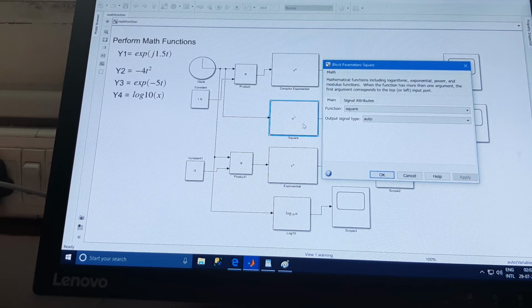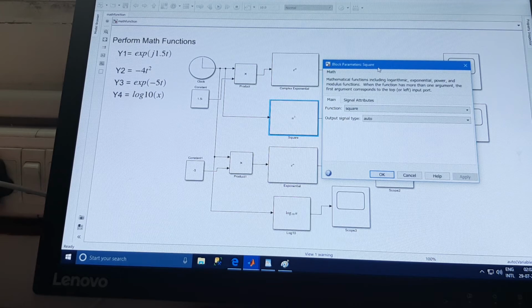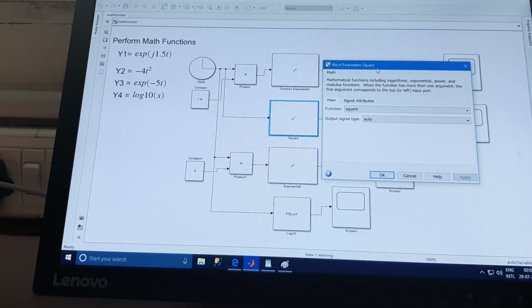Please don't get confused with this square. It is a math function block, but because I have changed its default label or name, that's why it is displaying square. Each block has a specific name, a specific label by default, but the name can be changed by clicking over the name.